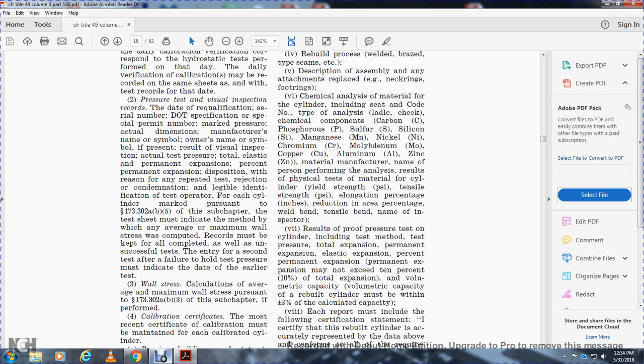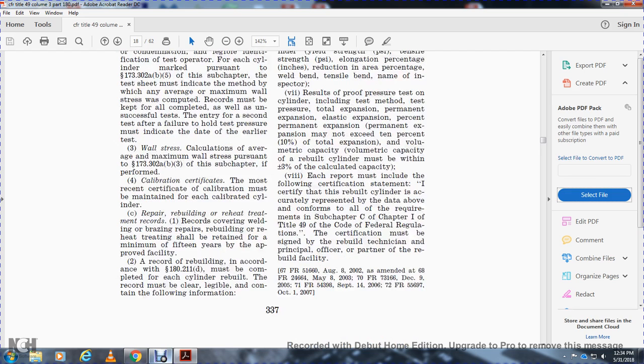7. Result of the proof pressure test for the cylinder, including the test method and test pressure, the total expansion, and permanent expansion. Permanent expansion may not exceed 10% of the total expansion. Volumetric capacity of the rebuilt cylinder must be within plus or minus 3% of the calculated capacity. 8. Each report must include the following certification statement: I certify that the rebuilt cylinder